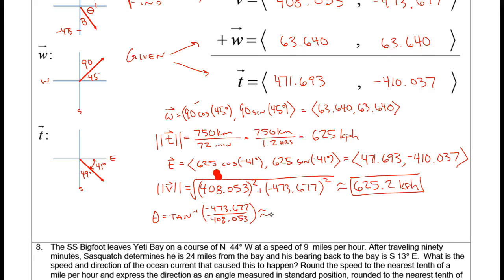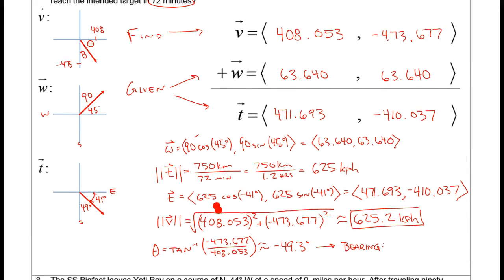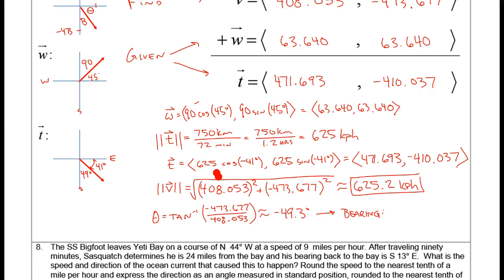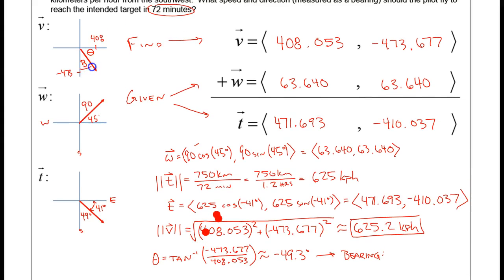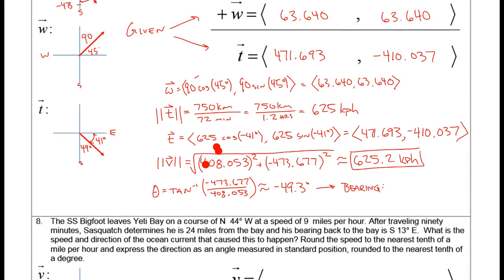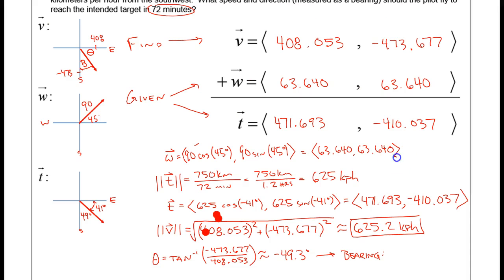And we know that's going to give us a negative angle in quadrant 4, and the output from our calculator there is negative 49.3 degrees. But we need to turn that into a bearing. So in order to turn that into a bearing, I'm going to add that negative angle to 90 degrees in order to get this bearing B right here. And that bearing will be south, whatever B is, east. And when I do 90 minus 49.3, I get 40.7. So that bearing will be south, heads up,